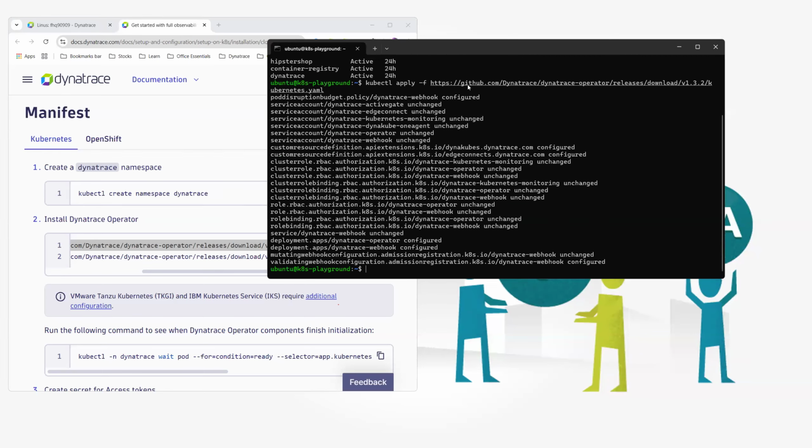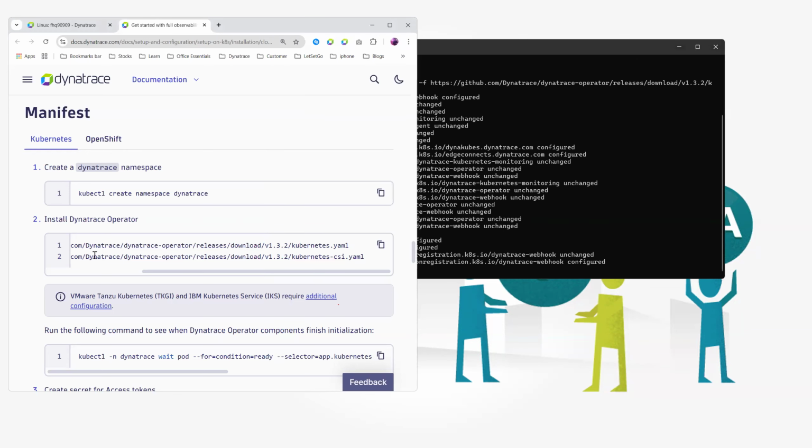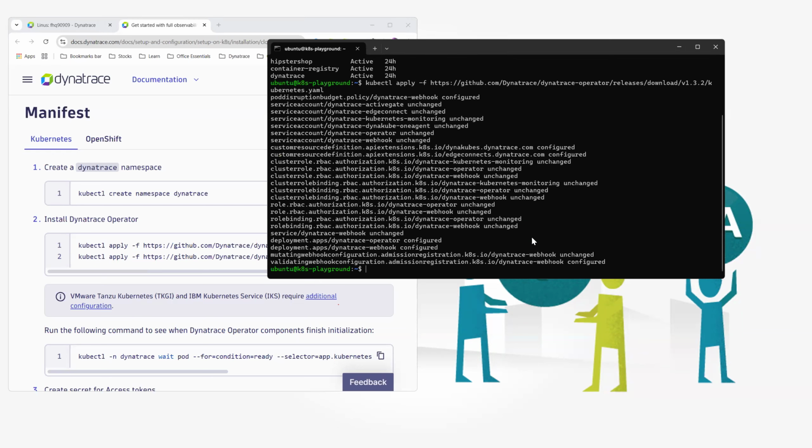a GitHub link. So your cluster needs an active connection to GitHub. If you don't have that, download this file. Within the file there are different URLs which are going to be called. One of the URLs is the custom resource definition. I'll also show you the file if time permits. So once you have executed this file,